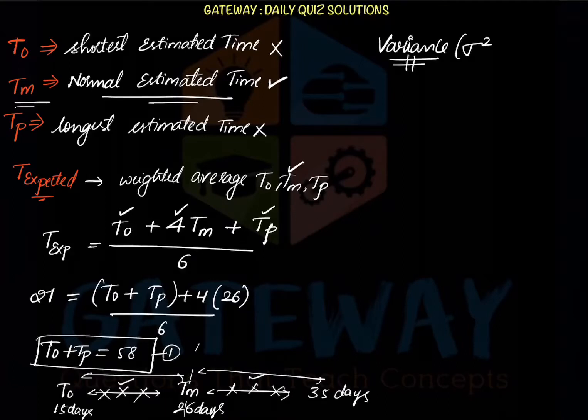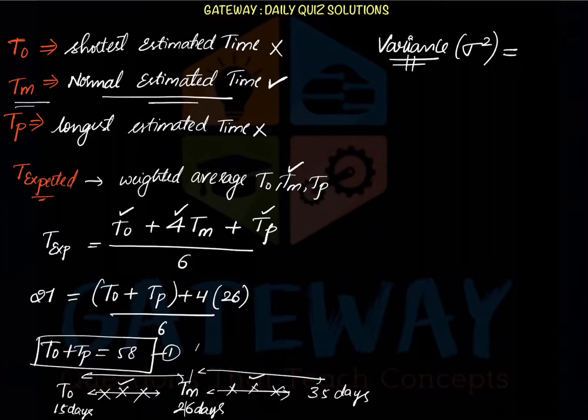And generally variance is denoted by sigma square. Sigma is nothing but the standard deviation, that when we draw a curve or normal distribution, we'll be getting a standard deviation there. We'll be selecting a mean and also two possibilities, one on both sides. So if we are taking a 6 sigma approach, we'll be dividing it into two parts, 3 sigma and 3 sigma. From there we'll be getting the standard deviation. That is of no use for us here in the question.